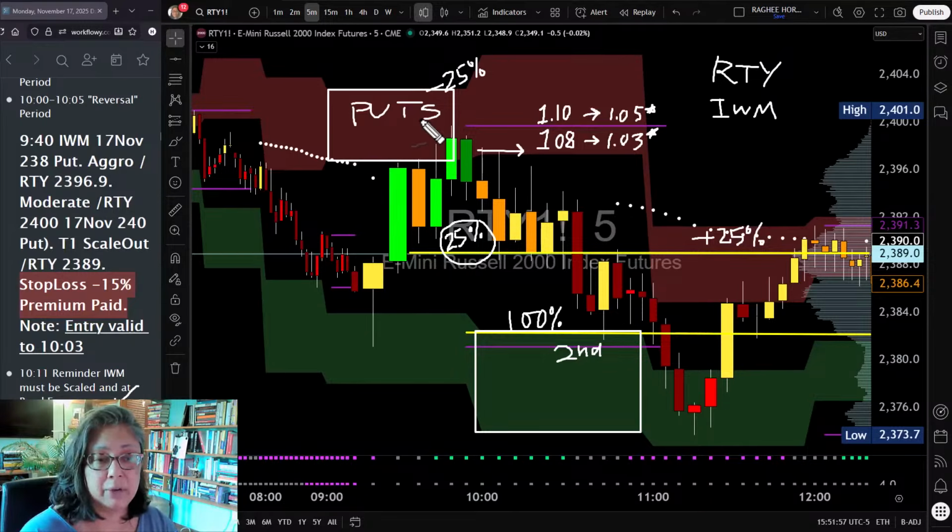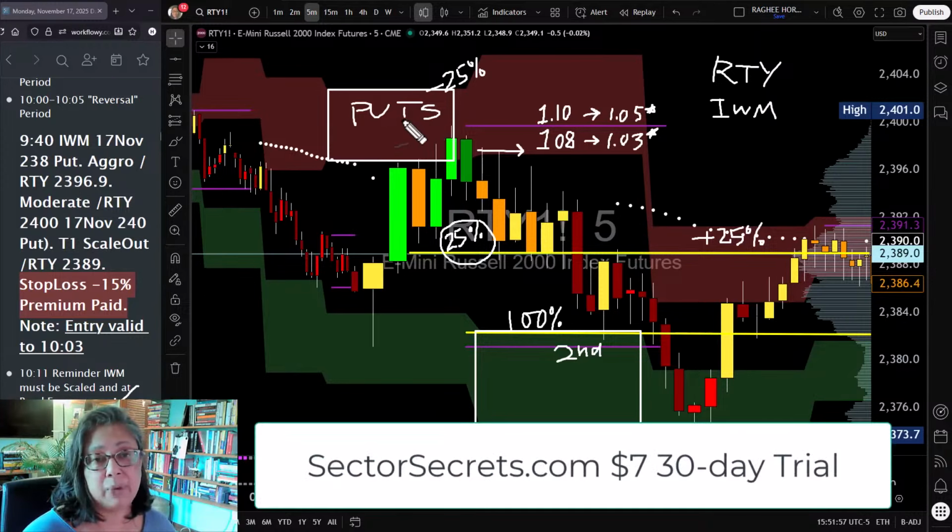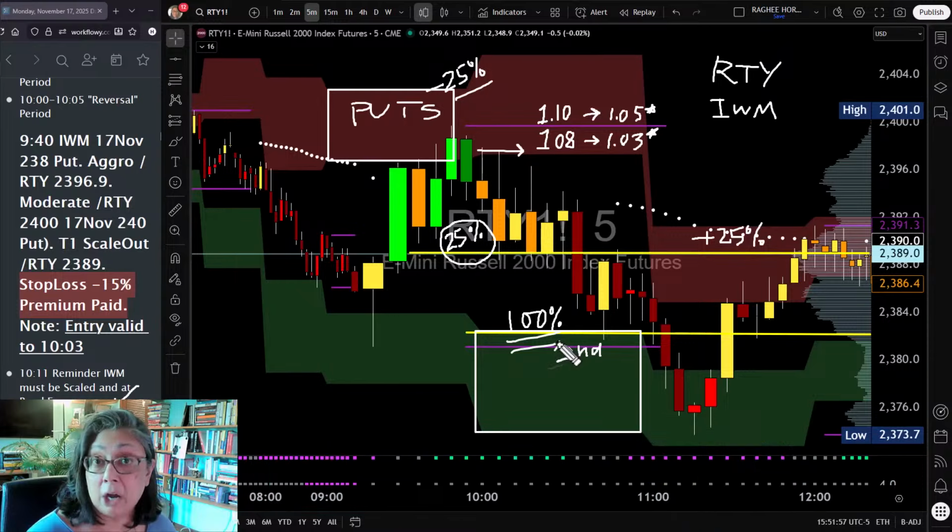But this is what we try to do every morning, try to find anywhere between 1 to 3 of these types of trades, minimal risk, and in this case we ended up risking 25% of the premium for ultimately just right around 100% return on premium. And I'll do that every day if I can get that setup. So hope this helps with what we're doing. You can get a good look at the kind of tools that we use. And today, fantastic day in the